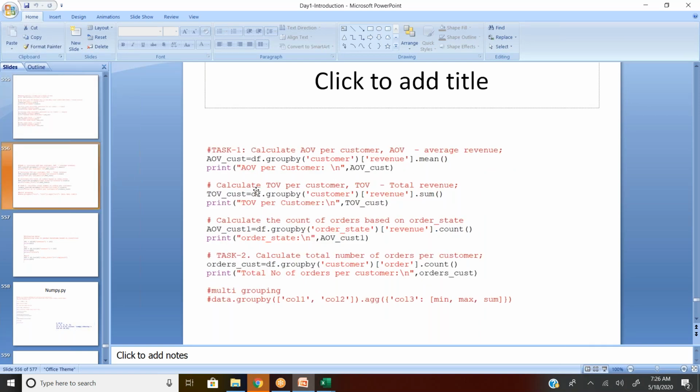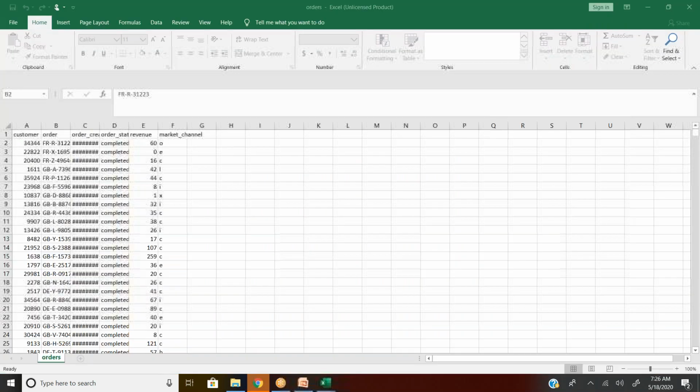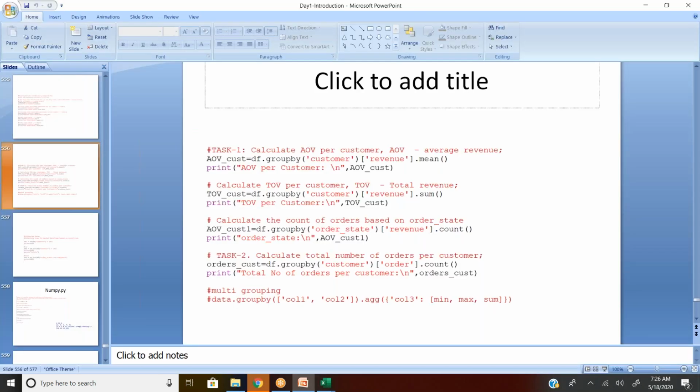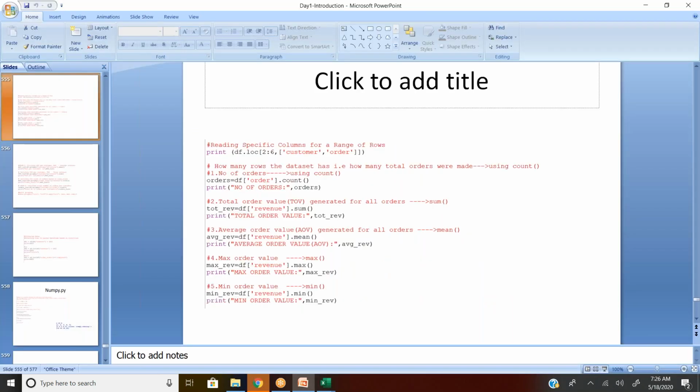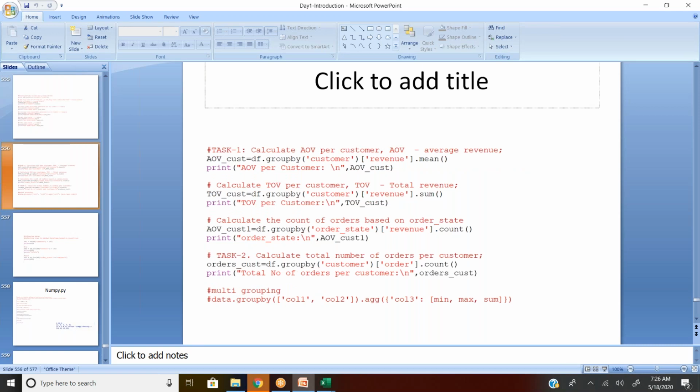Now grouping. I have different customers here: customer 1, customer 2, customer 3, and so on. Whatever I did in the previous slide was irrespective of the customer: I found the maximum value and the average value. But I want the customer-wise average sales. That is nothing but a group by function. In SQL we have group by. The same functionality is here.